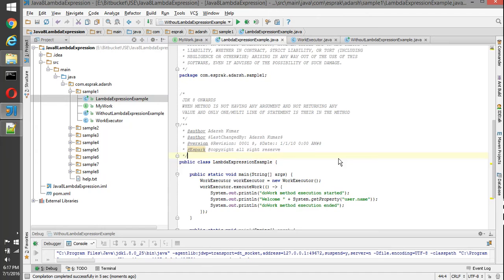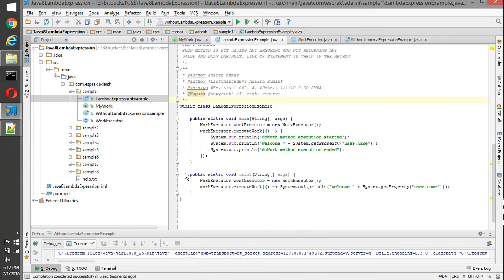Now see how we can do this with a lambda expression. This is the method which doesn't take any argument, so we have open and close parentheses without any parameter.